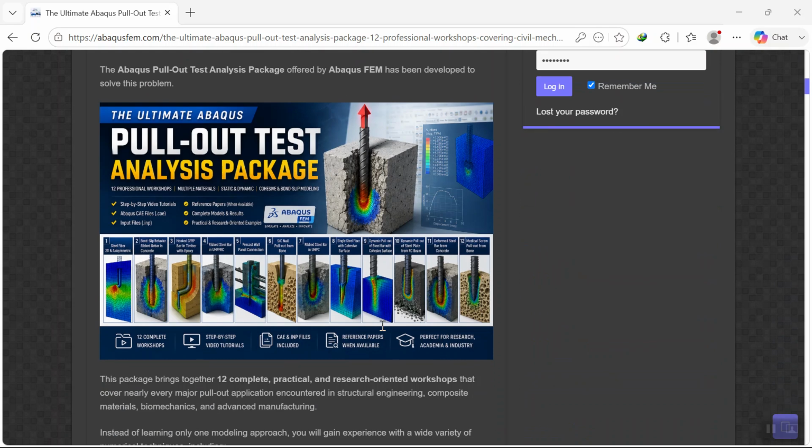Pull-out tests are widely used to evaluate the bond and interaction between two materials. They play a critical role in many engineering applications, such as the bond between reinforcement steel and concrete, the behavior of steel fiber in cementitious composites, GFRP reinforcement in timber structure, orthopedic screws in the bone, and many other interface-related problems. However, accurately simulating this test in Abaqus